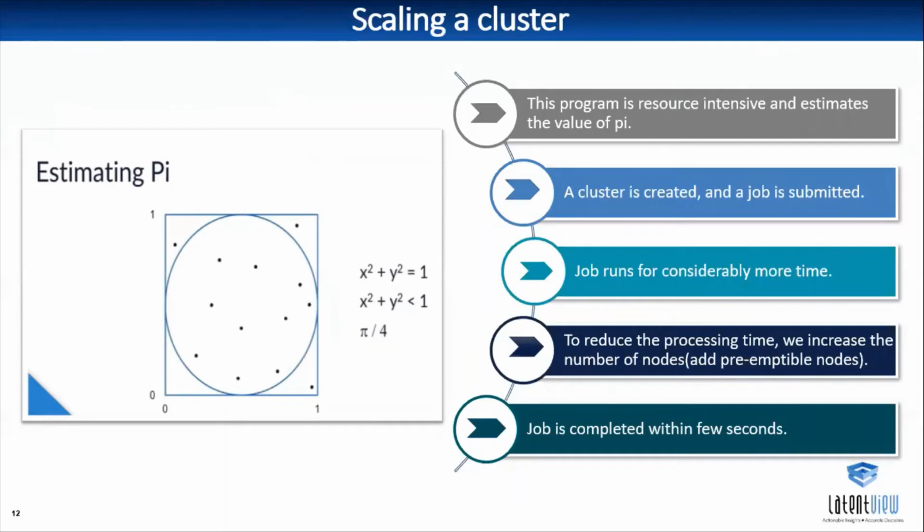In mathematics, we estimate the value of pi by dividing the circumference by the diameter, which is 3.14. We are going to create a program and run it in Dataproc and show you how to estimate the value of pi, and show the powerful effect of Dataproc in reducing the time to scale a cluster. Next slide.